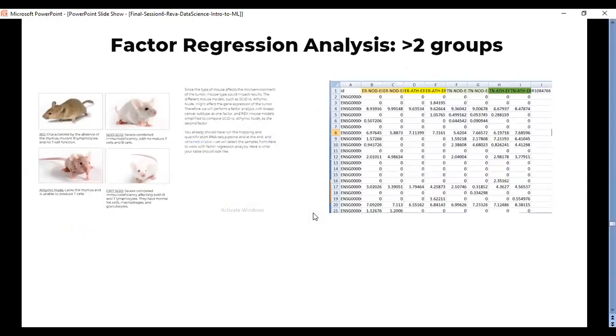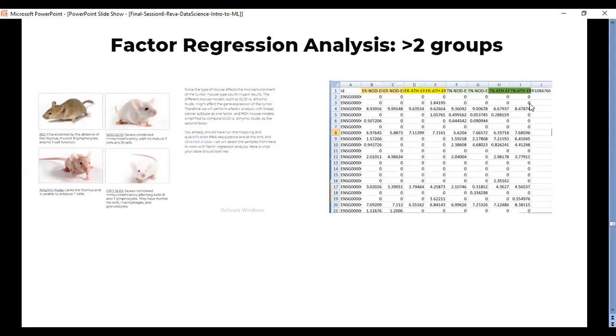Factor regression analysis is one of the methods that employ regression statistics. It is useful when there is variability or when you have more than two groups to consider. In statistical analysis, that is differential expression or the t-test, we have two conditions like ER positive and triple negative. For example, in this particular example, we have two groups within these two conditions, like here we have ER positive and triple negative.